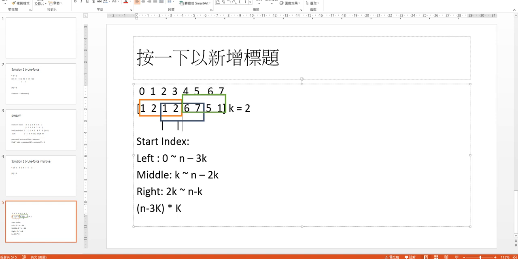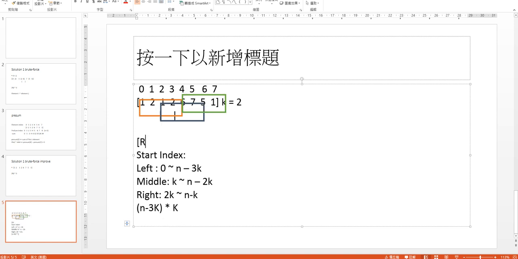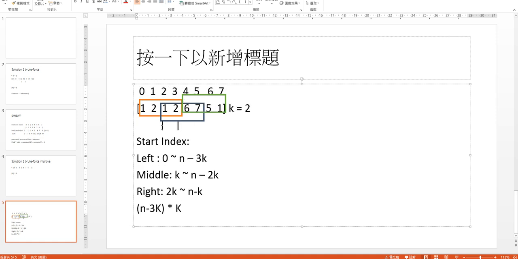Although we already use the pre-sum to calculate it, each time we still have to move